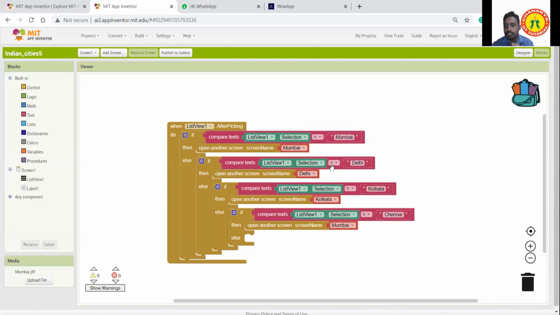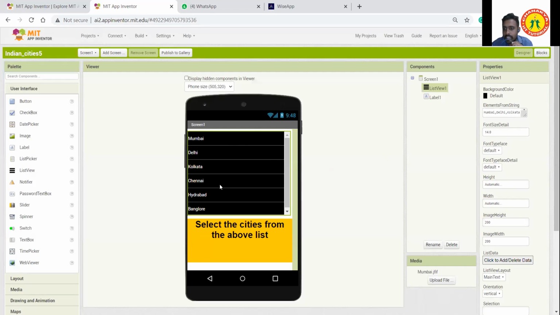Copy this for all screens, and I'd like to give you an exercise. With the same concept, try another similar app. Instead of the city list, give your favorite personalities, your inspirations, inspiring personalities like Abdul Kalam.